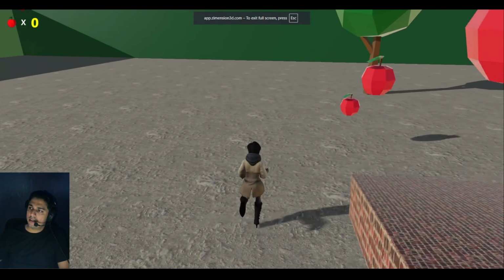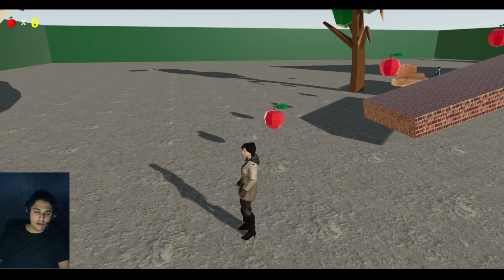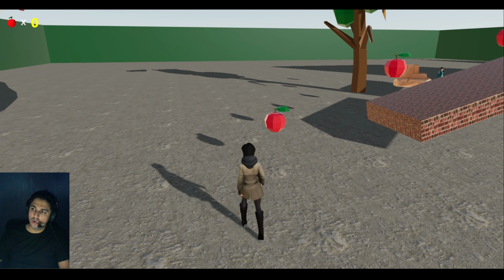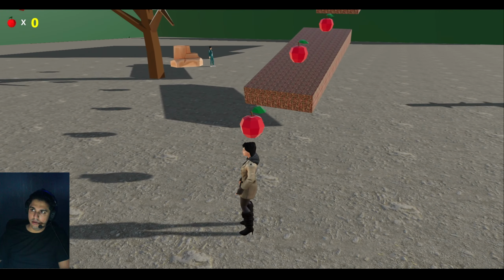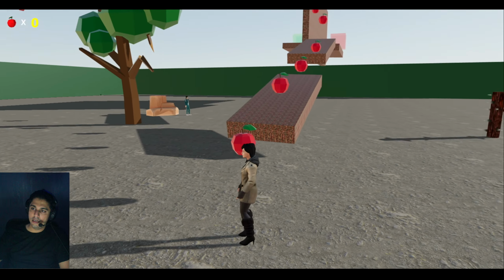Okay, so regarding the limitation, you cannot add your custom mechanics. You cannot write code or loops or behavior, those sort of things. But for a lot of basic games, you just have to create a world, add some basic logic, and you can make some very beautiful game out of it. Let's say you want to make a tic-tac-toe, you cannot make it in Dimension, or you want to make a bounce game, you cannot do that here. And that's not what Dimension is made for. It's made for 3D games, 3D and first person games.